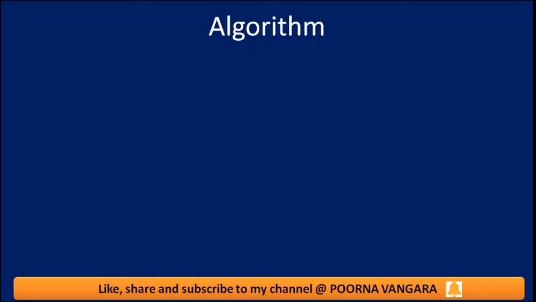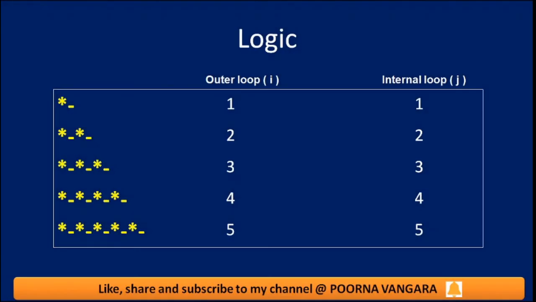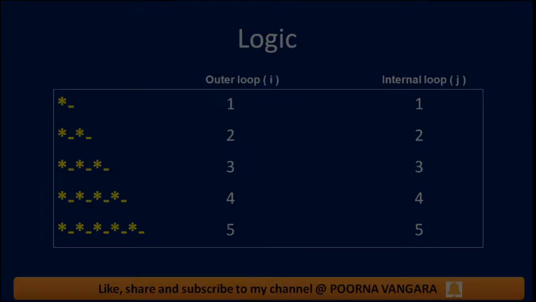So the first step is here, as you can see, the first loop variable is i, so that is the external loop variable. So we need to write the external loop, and what is the count? The maximum count is 5. For this particular pattern, the 5 is a fixed number. But generally, if you want to print a pattern like this, the user will give the number of rows as n. In that case, for i the count is n, but here for i the count is 5, and for j what is the count? That is equal to i.